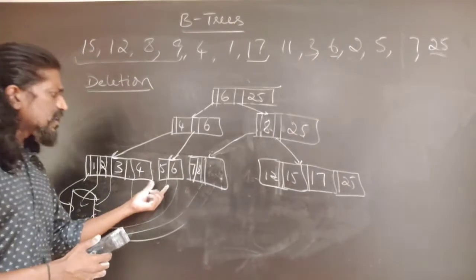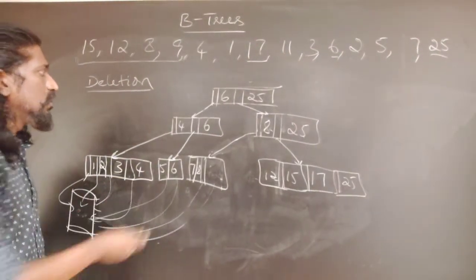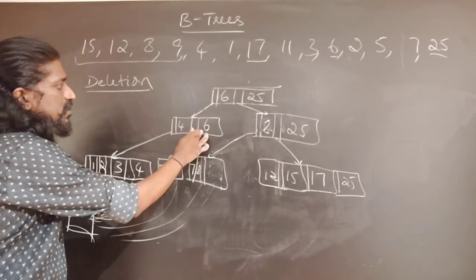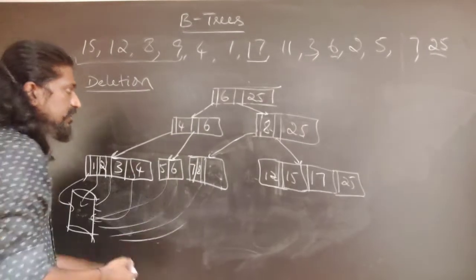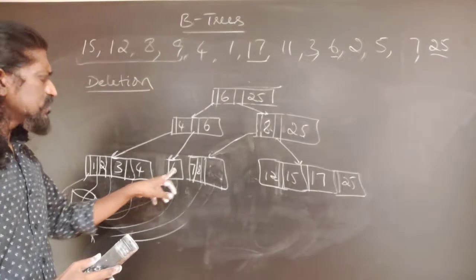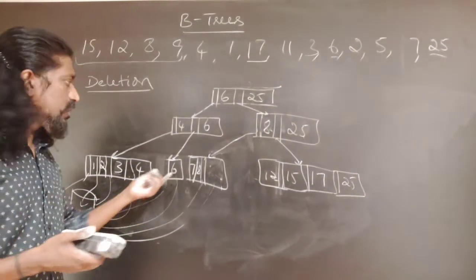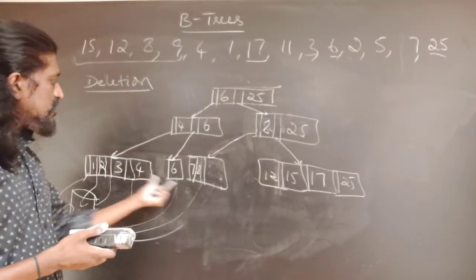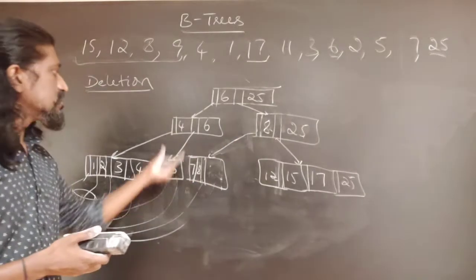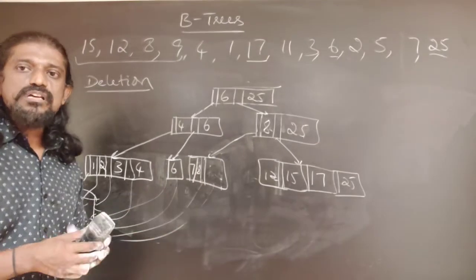Say for example, in this case we delete 5 or 6, any of these keys, let us assume. I want to delete 5, I come here, 5 is less than 6, I come here, 5 is greater than 4 and less than 6, I come here, I delete. So, when I delete 5, 6 can't survive. It has to merge with its neighbor sibling. When it tries to find its sibling, it has only one sibling. It can't merge with 7, 8 because 7, 8's parent is different and 6's parent is different. It can't merge with a neighboring node which has a different parent.